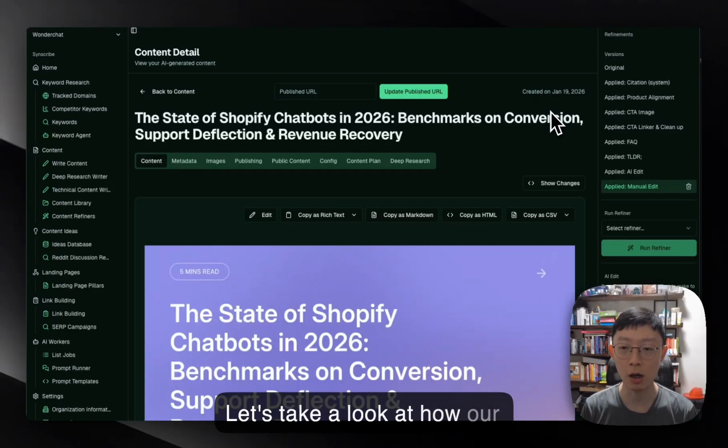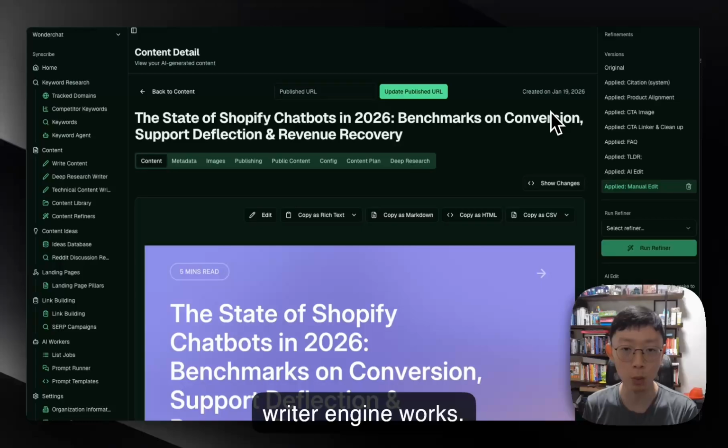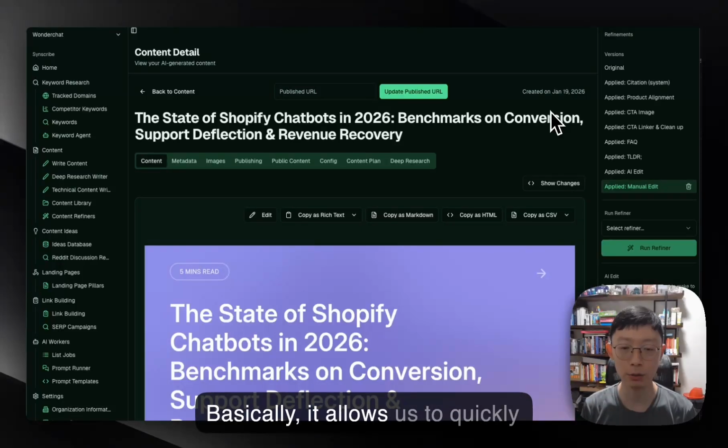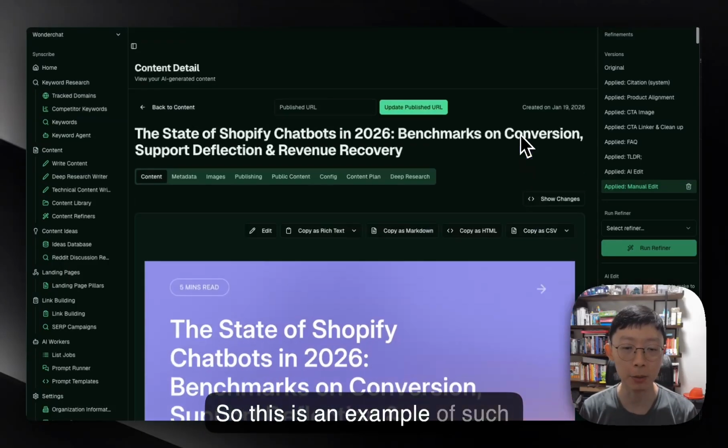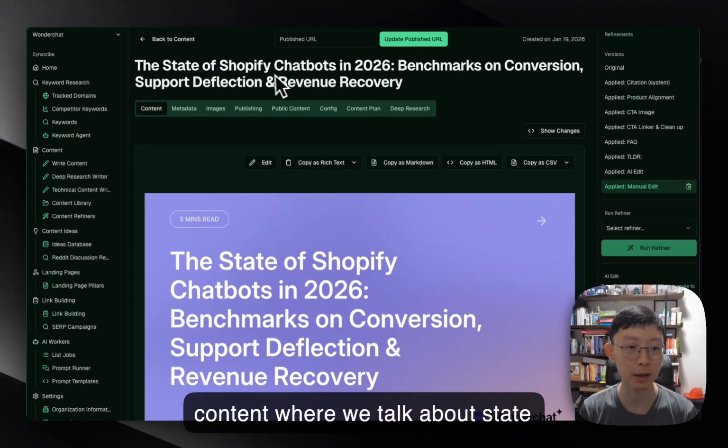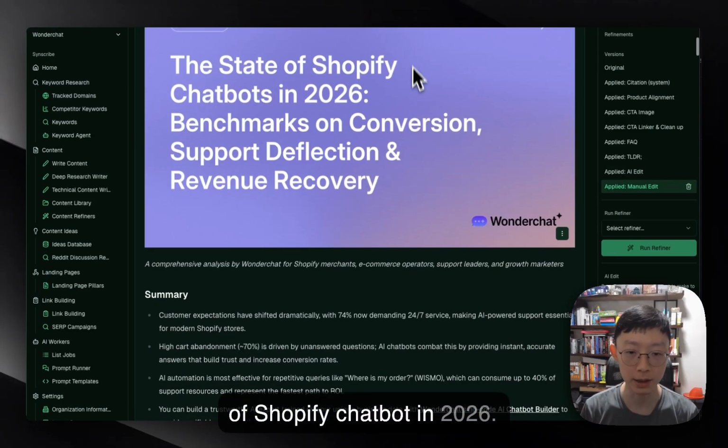Let's take a look at how our automatic content research and writer engine works. Basically, it allows us to quickly create content and also continuously improve on it. So this is an example of such content where we talk about State of Shopify Chatbot in 2026, and you